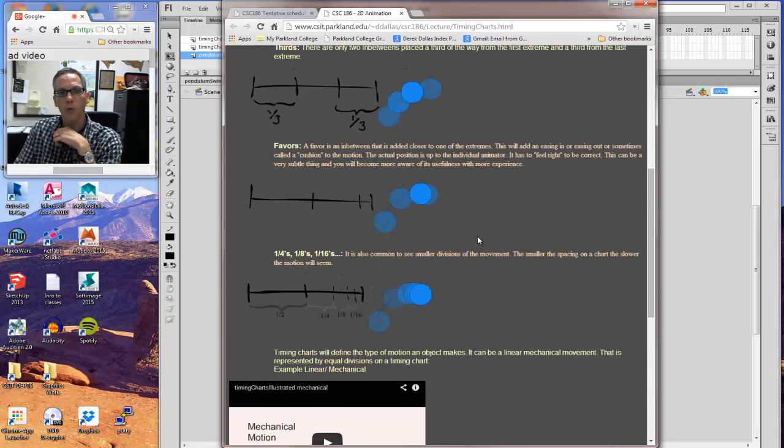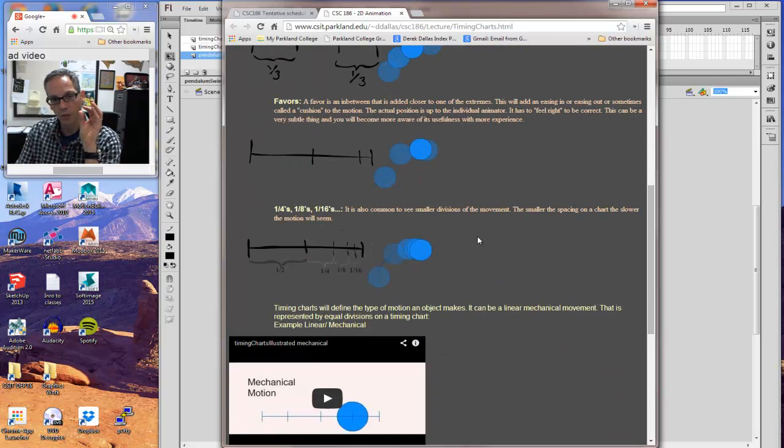Alright, another one is that if you break things down smaller and smaller and smaller, the smaller the amount of space between one drawing and another, the slower things start to feel. So for instance, if I have my extreme here, my extreme here, my breakdown in the middle, which is what that middle factor can be called, breakdown,